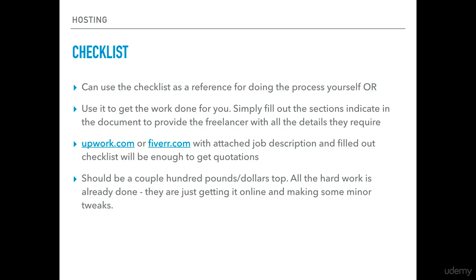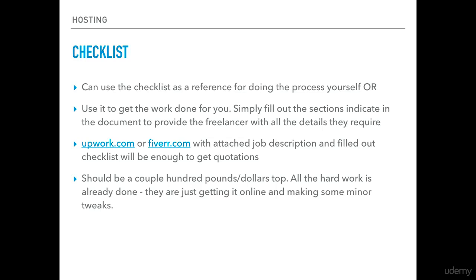Honestly though, no, £100 would be more than enough for this work. All the hard work's actually already been done. The website is created, so all the developer will be doing is helping you get the website onto your web host,